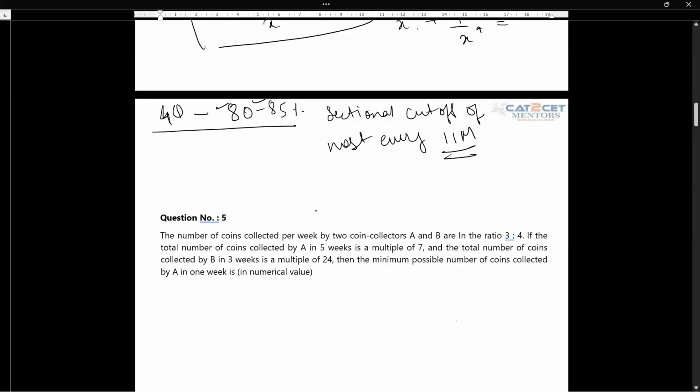Now for the students who consider quant to be okay, or for whom VARC is good and DILR is good, now they are good to go, so they can settle in the paper. But for those who want to surpass 99 percentile and level up in both sections, let me ask you guys, in these 22 questions, the four questions which we have done, or the three questions which we did earlier,